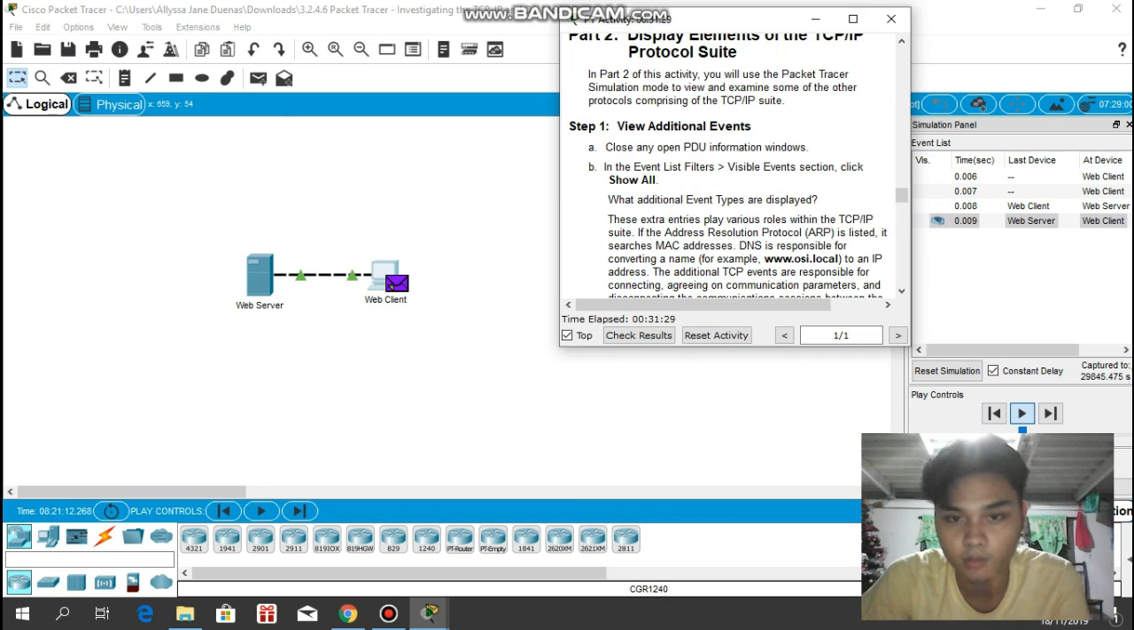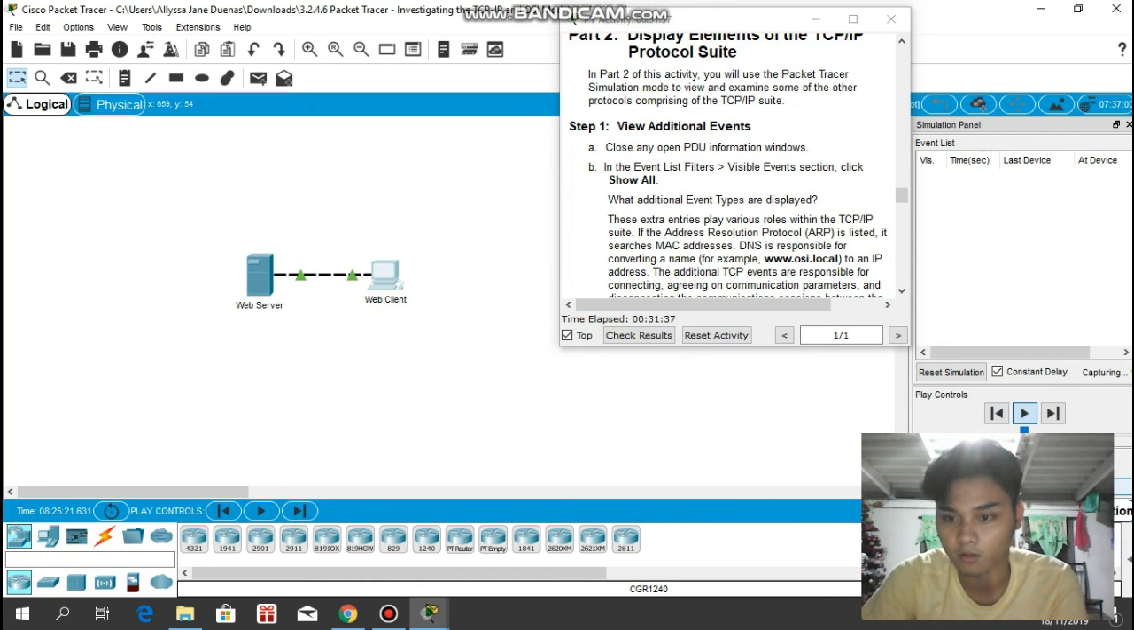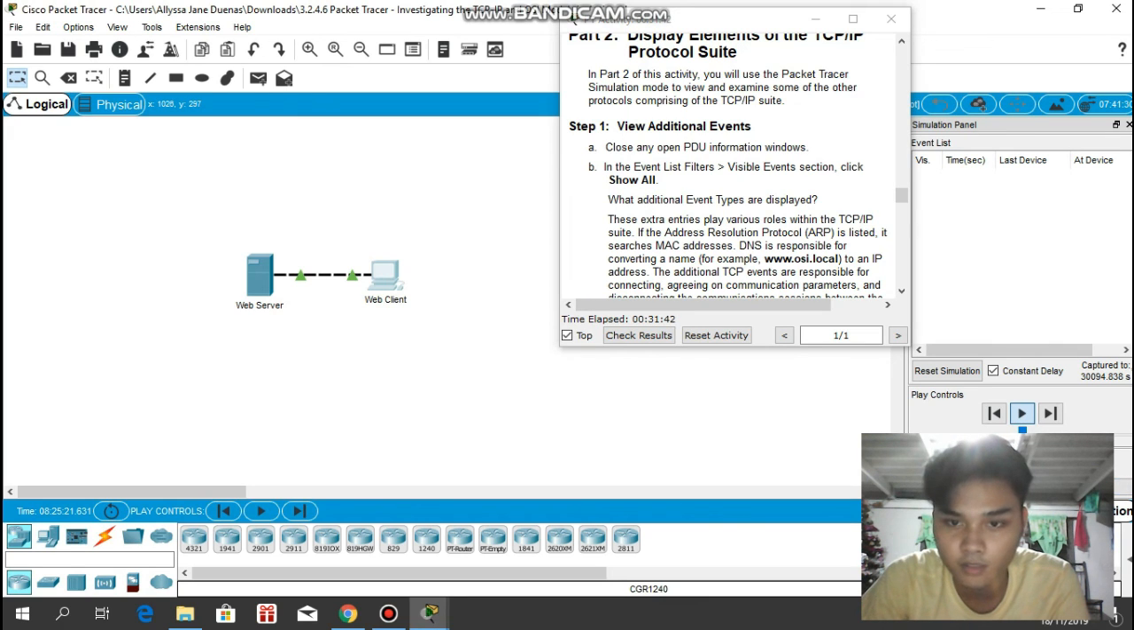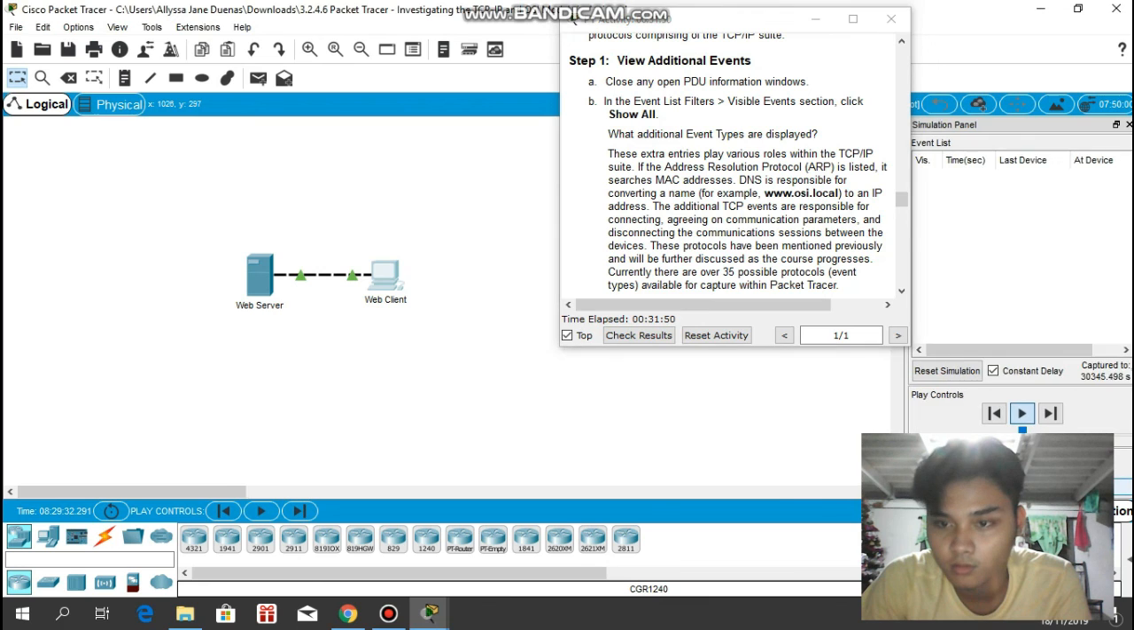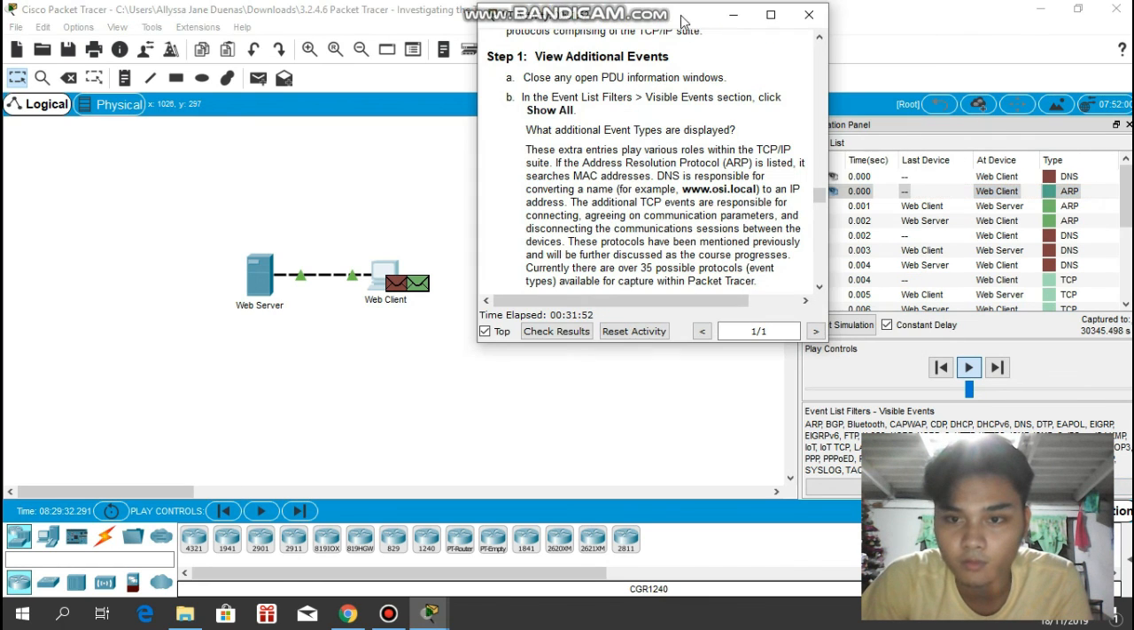And then in the event list filter, visible event section, click show all. So here's the event list. We will click that show all. These extra entries play various roles within the TCP/IP suite. If the address resolution protocol ARP is listed, it searches for MAC addresses. DNS is responsible for converting